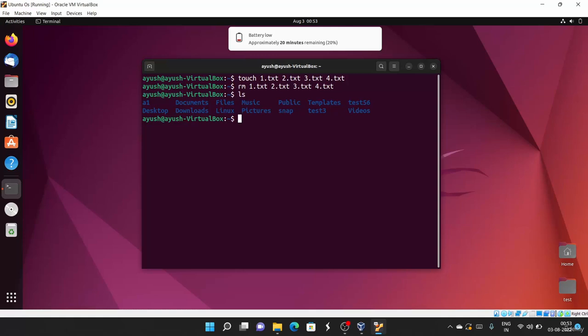Now let me tell you about some of the options which you can use with this rm command, like -f, -i, also capital I, and -v. All these things I will tell you. Again let me create those files. Now the files have been created here. Now I will show you